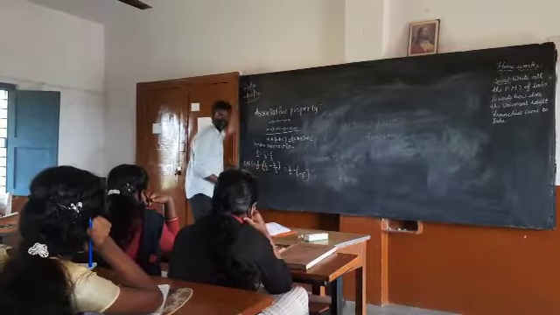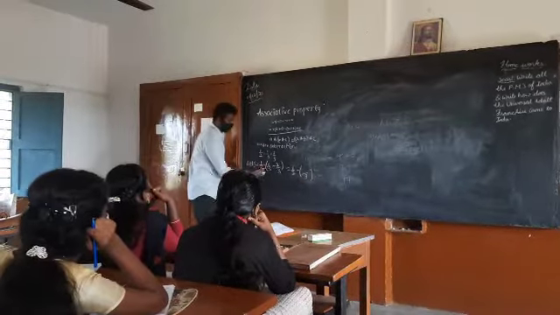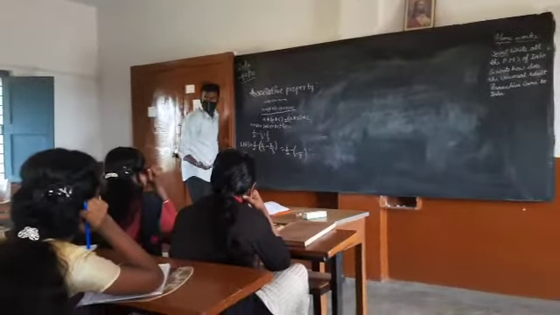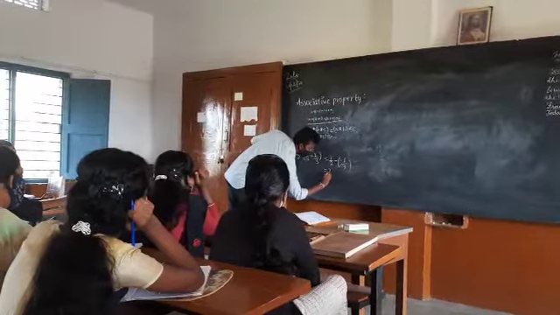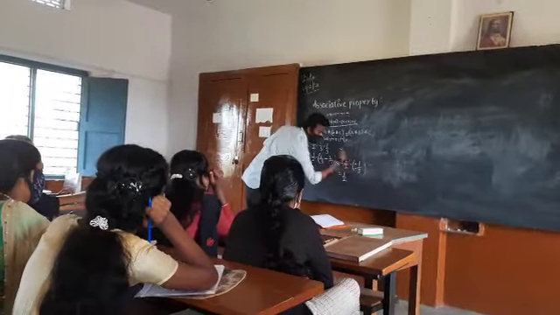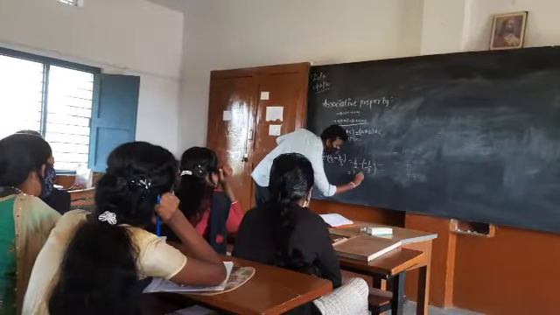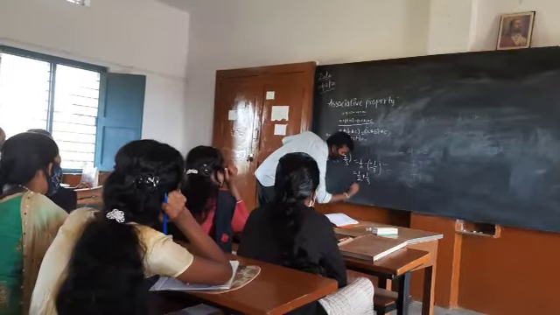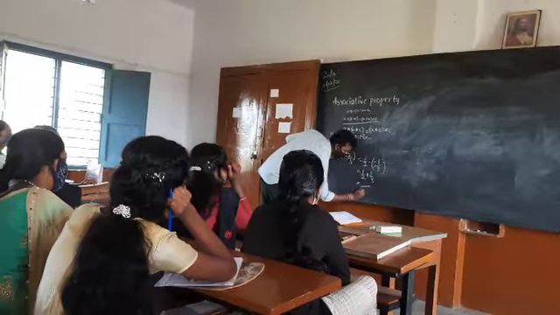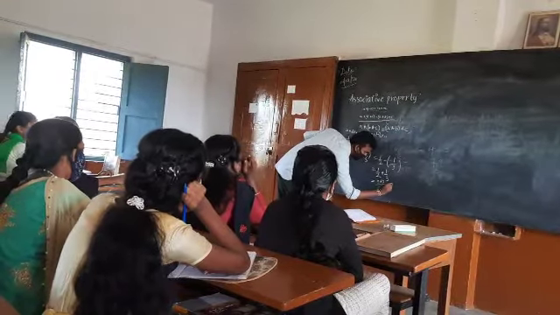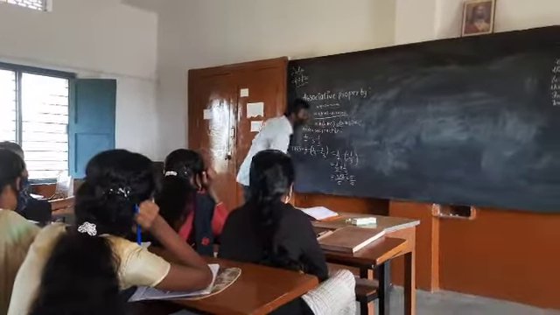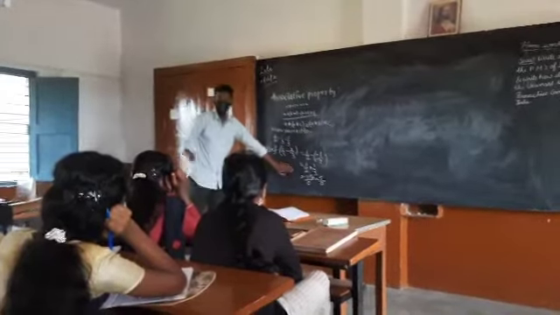What will be the numerator? It's just a direct operation: 1 minus 2. How much? Minus 1. Very good. That comes as 1 by 2, minus into minus, plus. Very good. 1 by 2 plus 1 by 3. 3 plus 2 equals 5 by 6. So far we have done the LHS only.